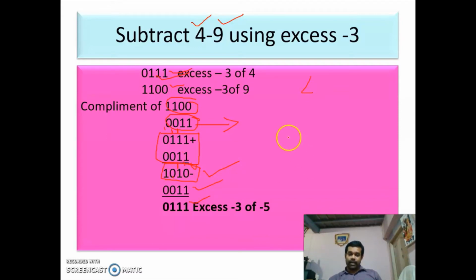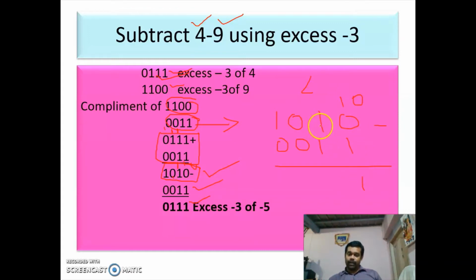So I will do it here clearly. 1010 minus 0011. So 0 minus 1 we can't subtract. So we are borrowing 1 from here. So it will become 10. 10 minus 1 is 1.